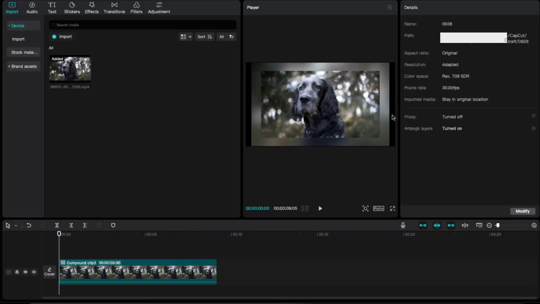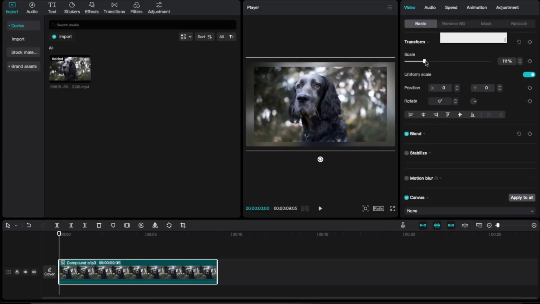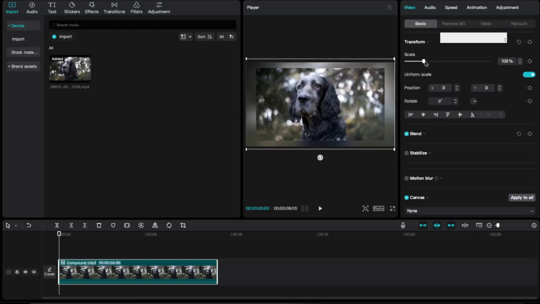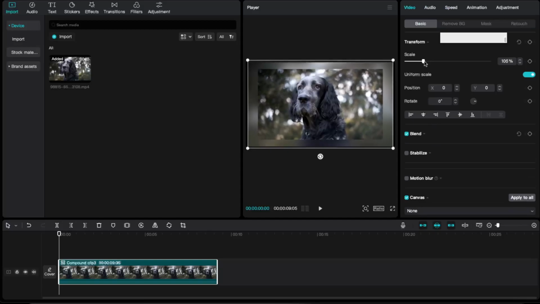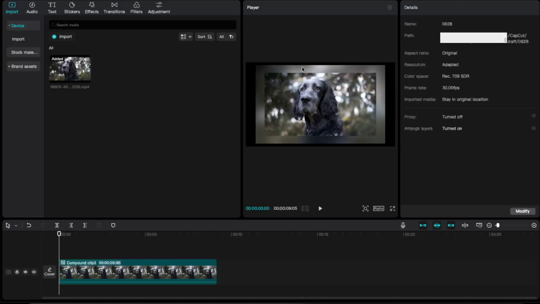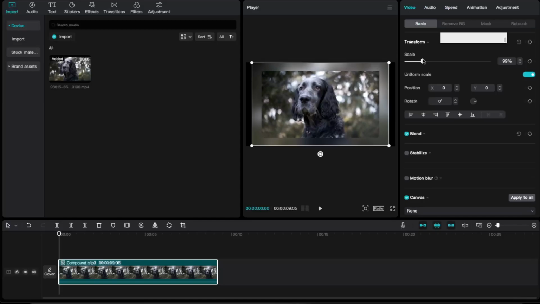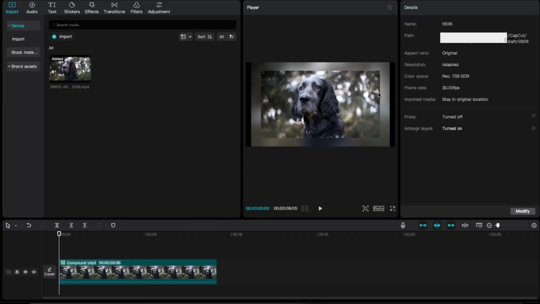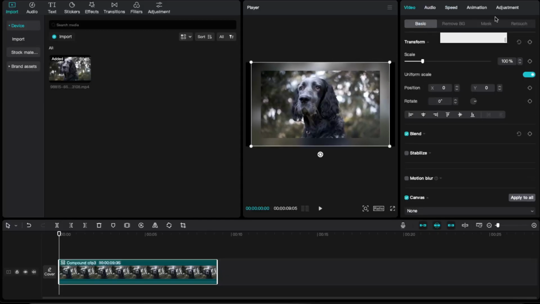And now, as you can see, it doesn't really fit. So you would need to do this option again. But what you can always do is change the aspect ratio of your video. And after that, it would fit. So yeah, that's